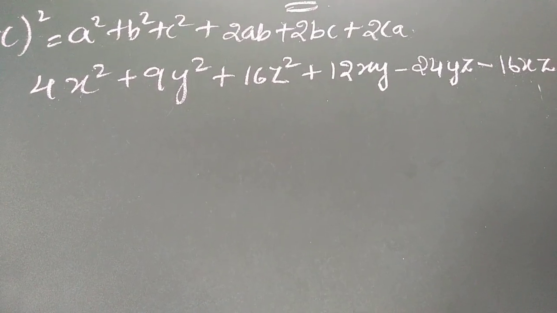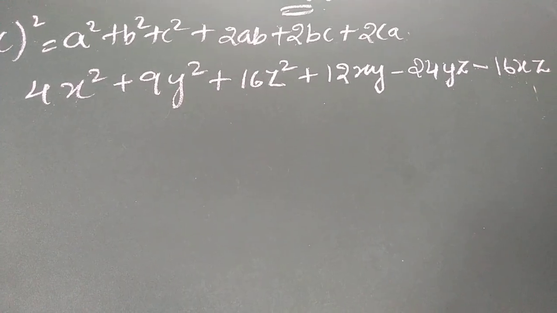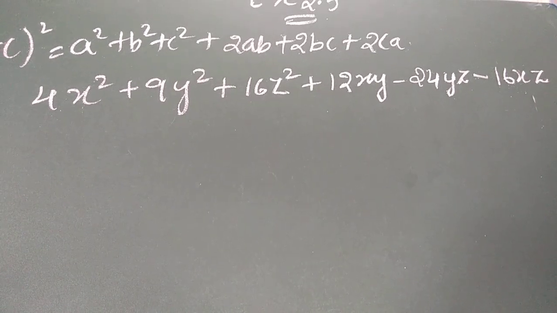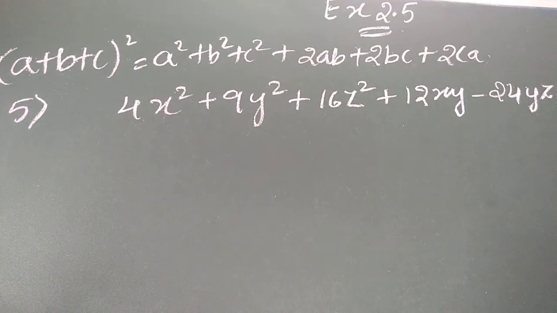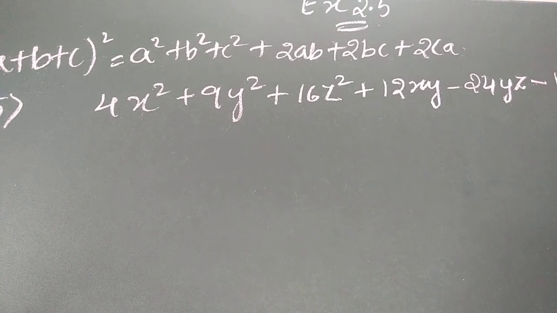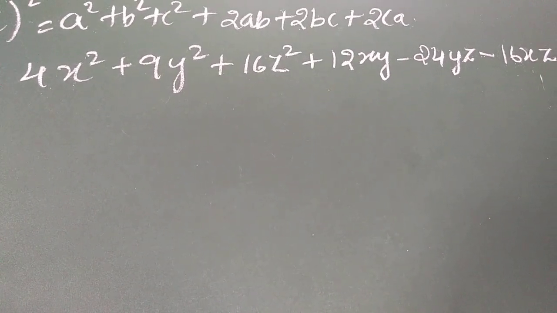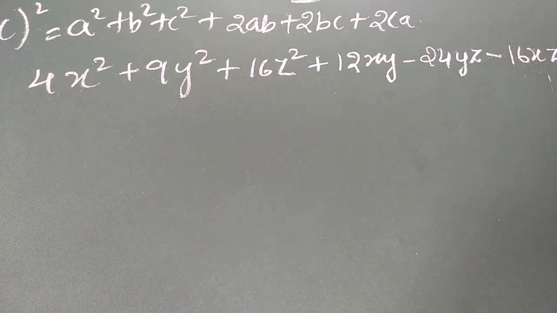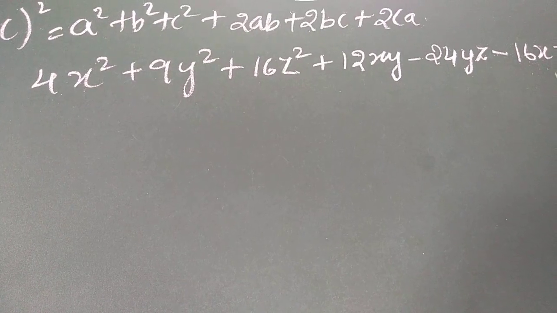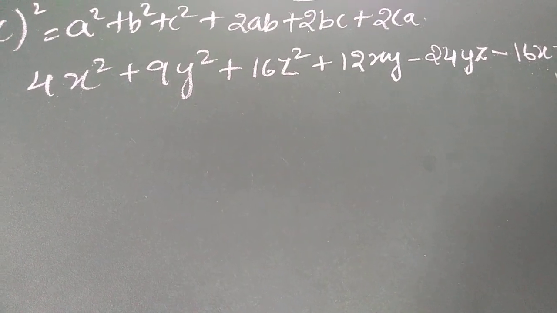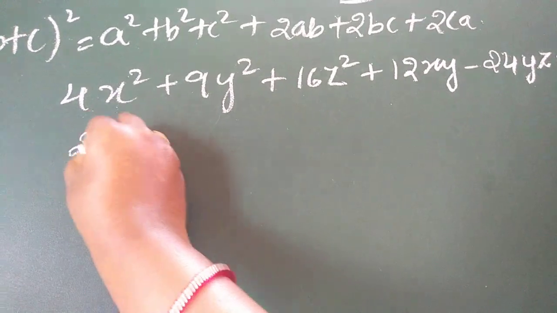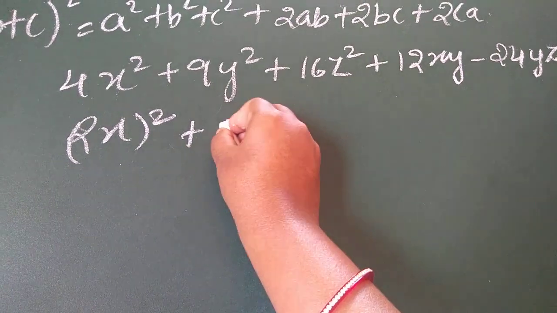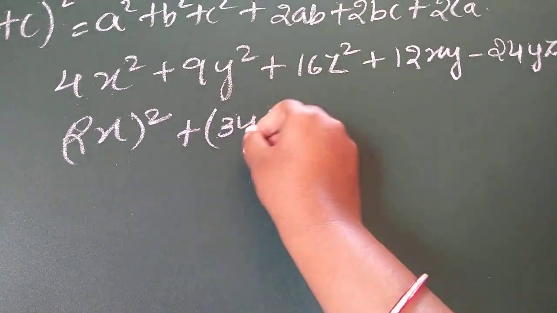So first thing is that we should check this question is similar to which of the identity we have solved, as it is a solution of the (a + b + c) whole square identity, but here it is 4x square, but I should get the question in the whole square format. We all know that 4 is a perfect square of 2, hence I can write the first term as (2x) whole square. Am I right children? So the next term as (3y) whole square.